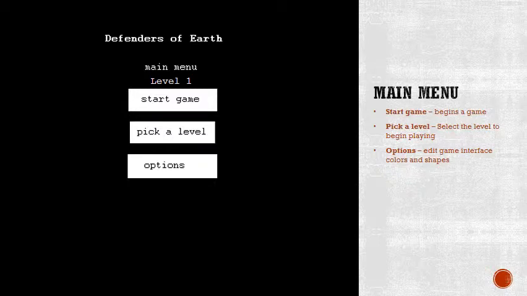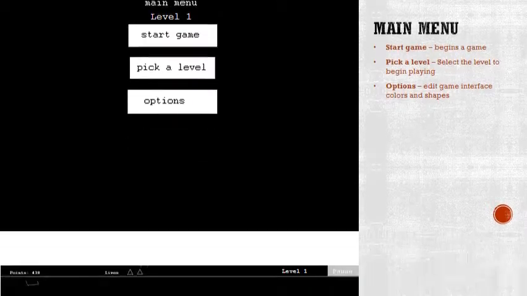So now we'll go through a basic gameplay scenario. Here's the main menu, and you can see it shows us we're on level 1. You can start the game, you can pick a level, or you can edit the options. If you decide to pick a level, then you can select your level and it will redirect you back to the main menu, and instead of displaying level 1, it would display whatever level you picked. So then if we click Start Game,